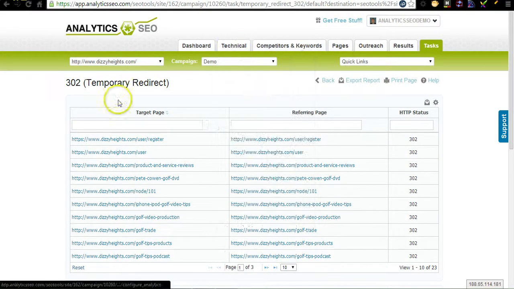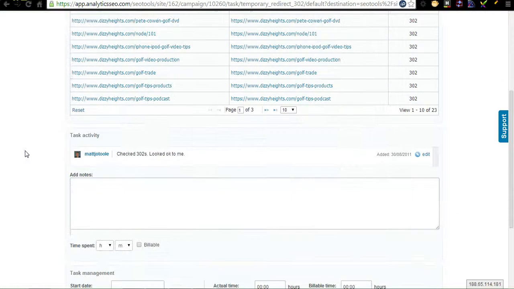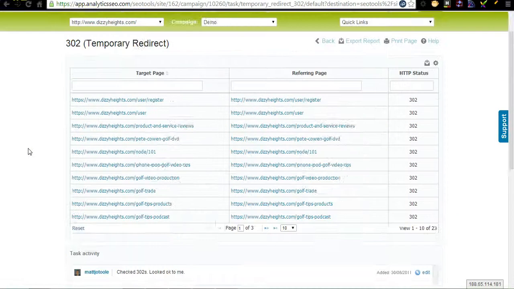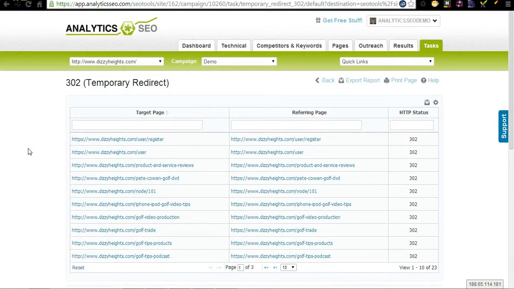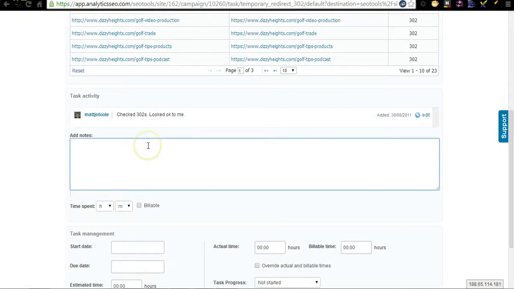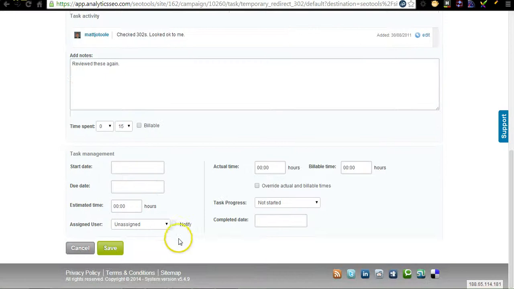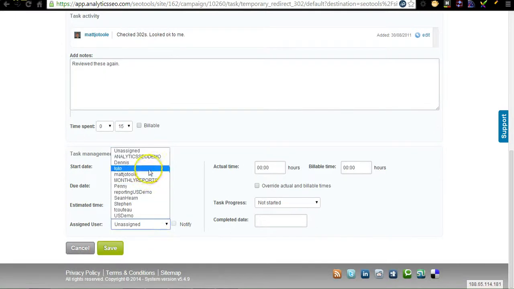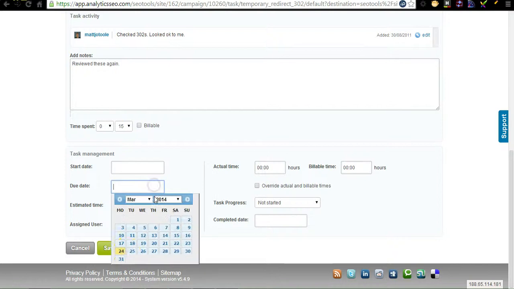In these tables, you'll see lots of actionable detailed data, and you can make use of the built-in workflow part of the software. To do this, you can add detailed notes and the system will add a date and timestamp automatically. You can specify whether the time spent is billable if you're an agency working for a client, set start, end and due dates, update the task progress and assign it to another member of your team. If you do this and tick this notify option, that team member will receive an email automatically with a link